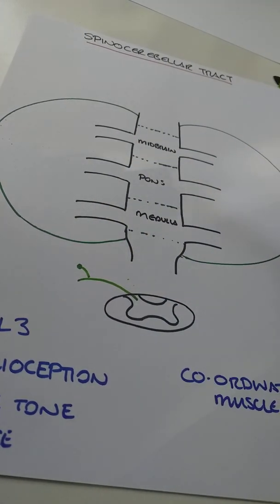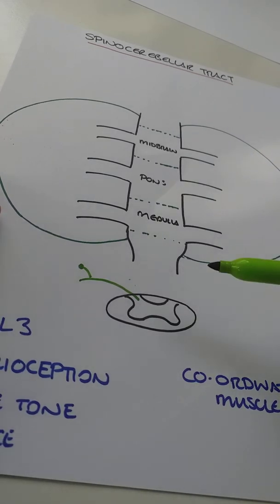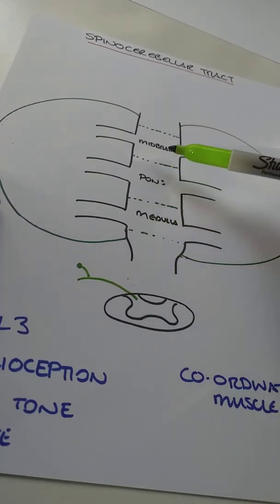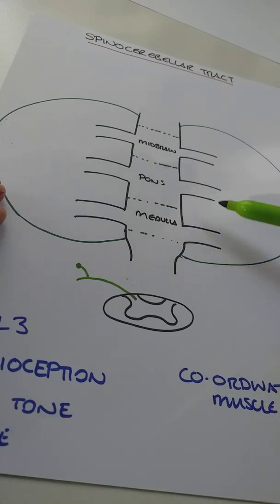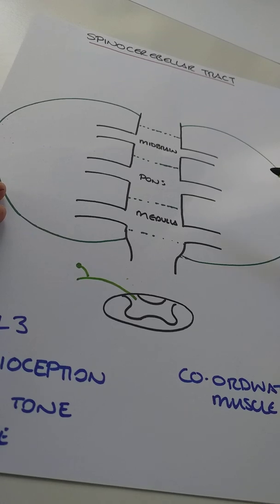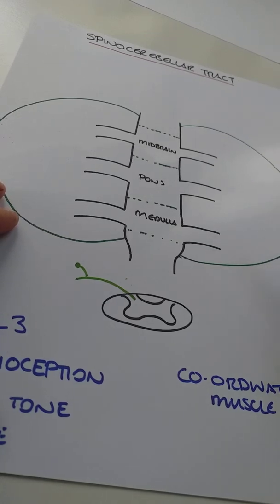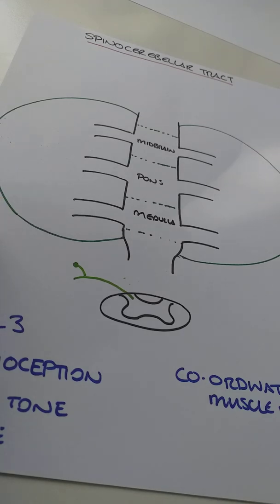By the way, this green bit is the cerebellar hemisphere. Let's just talk about that actually. You've got your medulla, your pons, your midbrain, and these little poking out bits at the end are called peduncles. So you've got your inferior cerebellar peduncle,